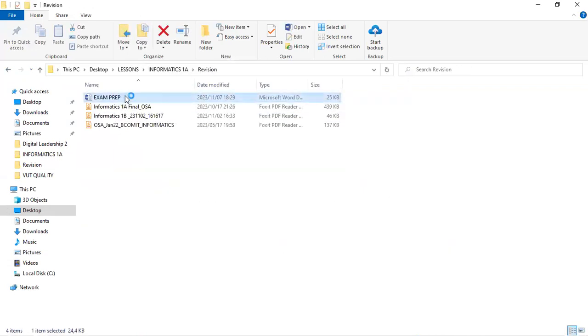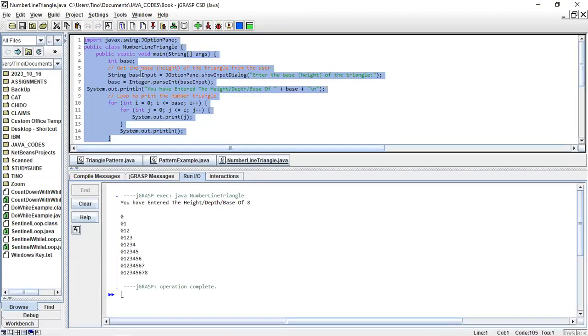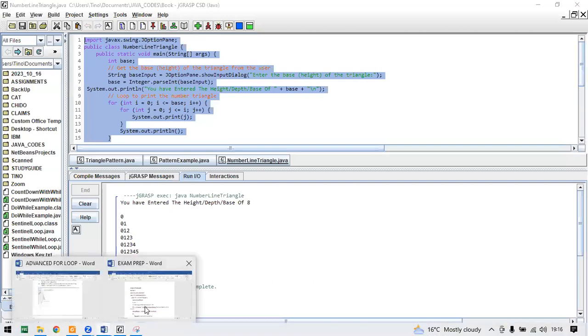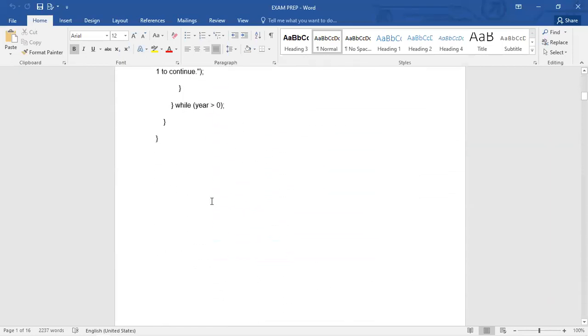Okay, so what you mean is we may be asked to type everything in Word, then upload the whole Word document. Yes. Like this, to say you write your code here, then you copy it into your Word like this. Then after that, if they specify to say we want to see the screenshot, that's where you copy your screenshot and paste here. Okay, it's clear. Thank you. Yes. All right.